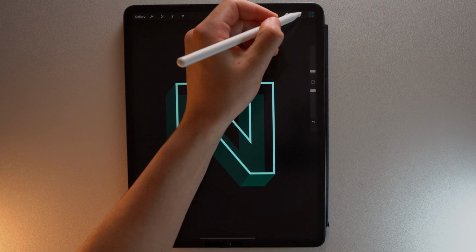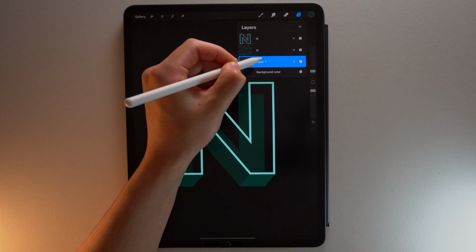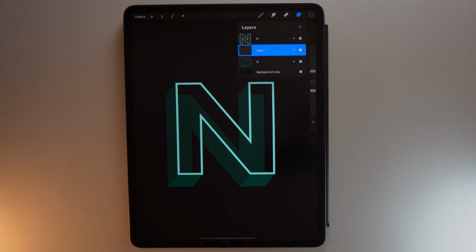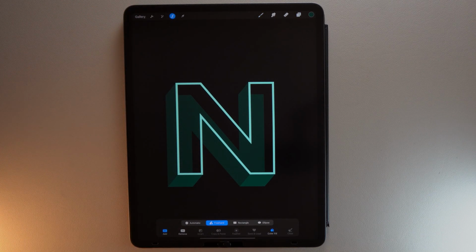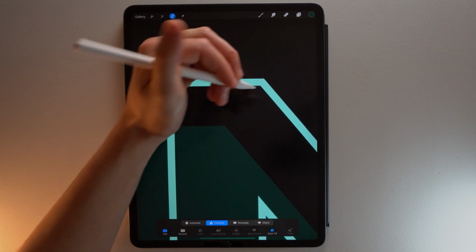Create a new layer above the layer with your letter. Go back to the selection mode and select the edges facing to the bottom inside the letter.